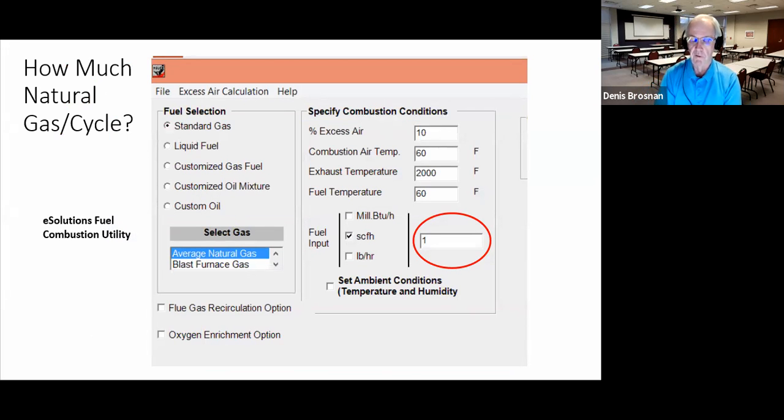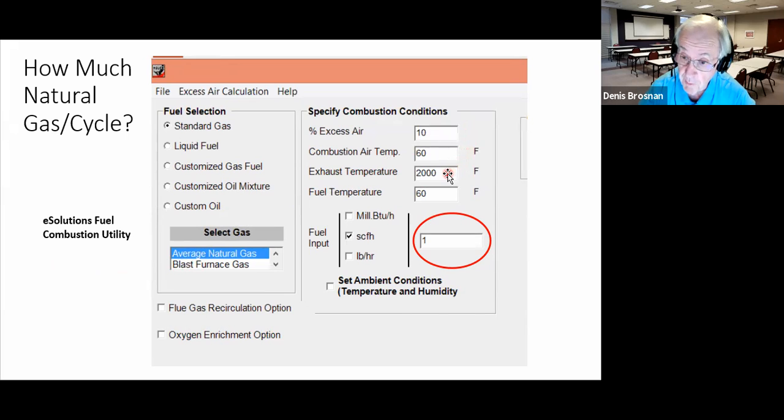Okay, so we've calculated how much energy with our model. We've projected how much energy would be used in this model. And so if we want to figure out how much gas, we're going to go to the fuel combustion utility, which is in eSolutions. I used average natural gas here, 10% excess air,